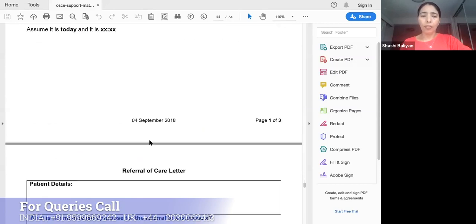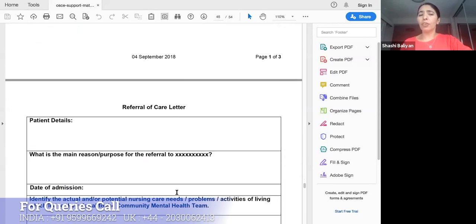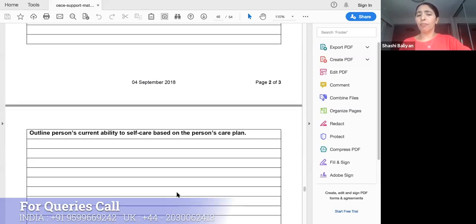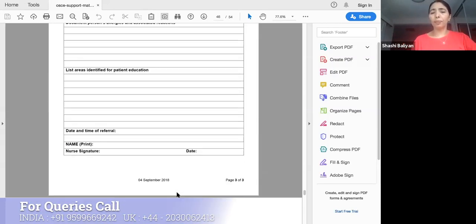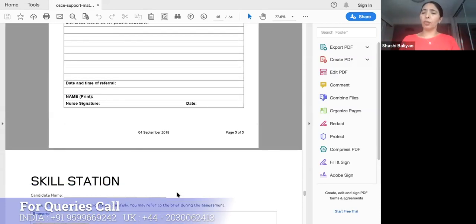And there is another one where you have to write the referral one, which is exactly the same, the same set of things that you have to write. Okay, these are the two types of things that you will get, either a transfer letter or a referral letter